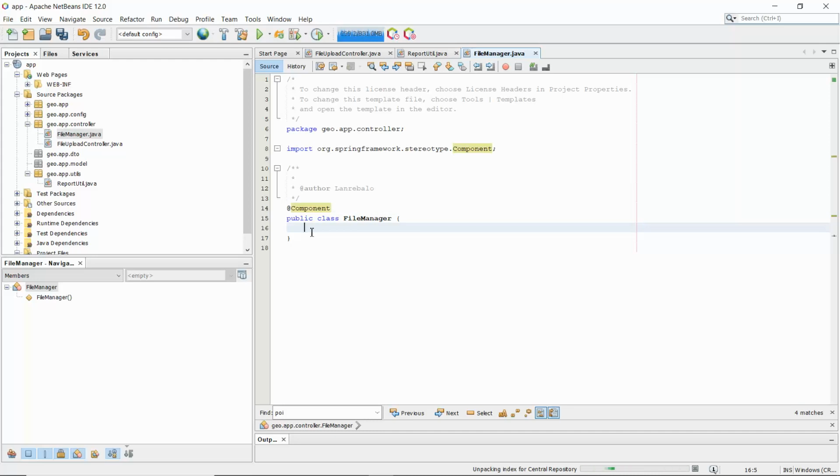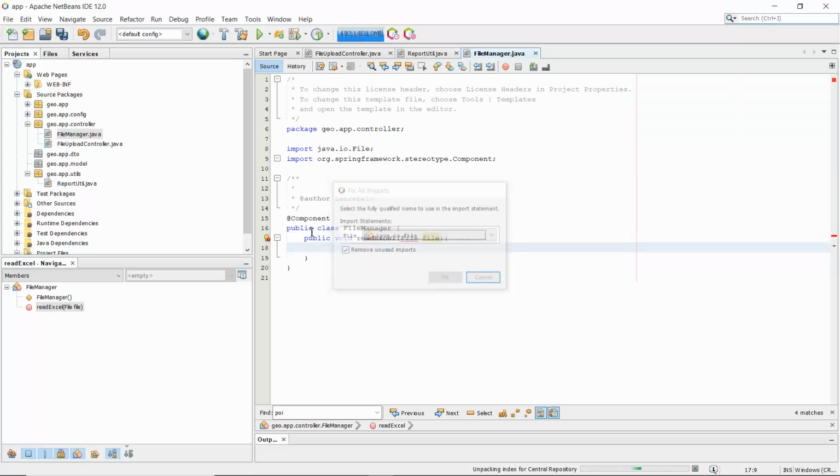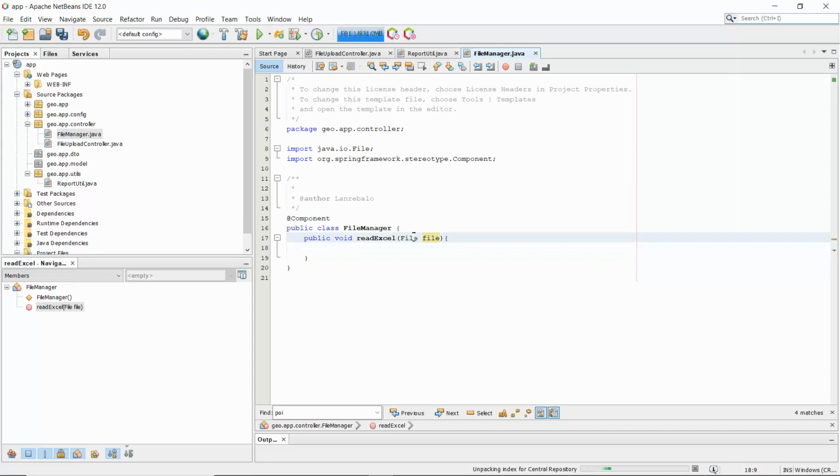So whenever we want to read, let's create a method, we call it void readExcel. So we are going to make use of the file we want to read here. It means that anytime I pass an Excel file here, I will try to read it. Anytime I pass an Excel file here, I will try to read it. But what I normally do